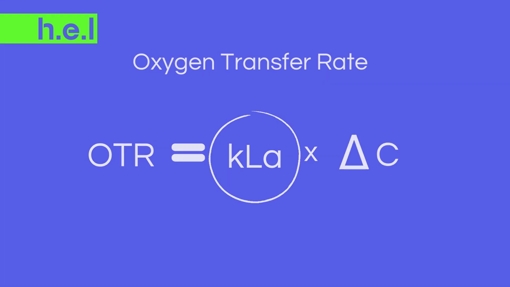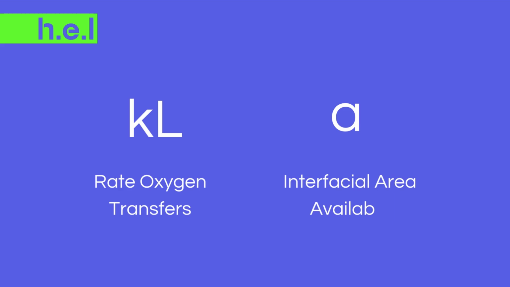kLa is not a single coefficient, but instead is made of two other coefficients. On the one hand, K sub L, which is the rate at which the oxygen transfers across the liquid-gas interface. And then we have A, which is the interfacial area available for oxygen transfer from the gas to the liquid phase. At the same time, K sub L and A are also going to be impacted by several physical, chemical,